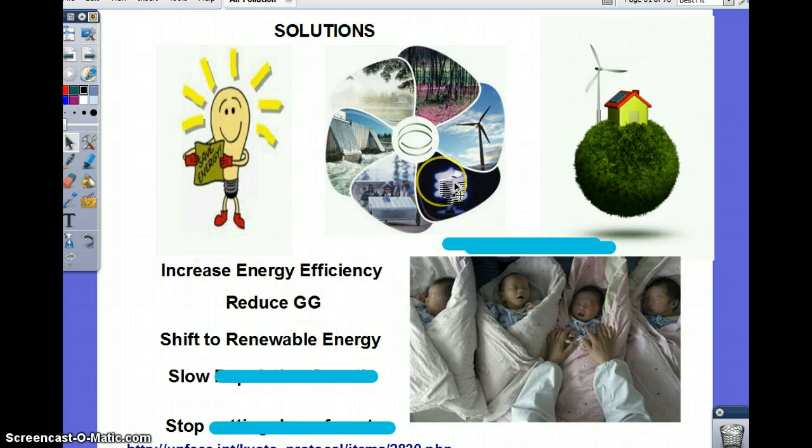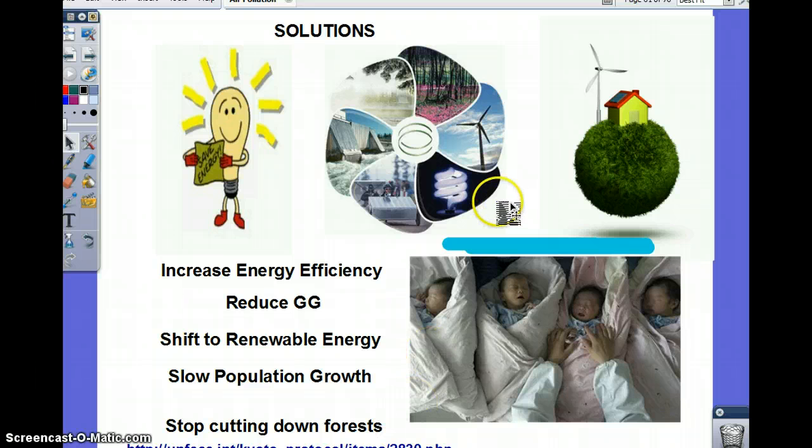We're going to get into this in the next chapter. Most renewable energies emit little to no greenhouse gases, so this would definitely have a strong effect on global warming and climate change. Since overpopulation is the root cause of all environmental problems, slowing population growth will also reduce climate change, and eliminating the removal of forests is a key component because our forests take in carbon dioxide and emit oxygen, and cutting down forests or burning forests can lead to excess emissions of carbon dioxide.